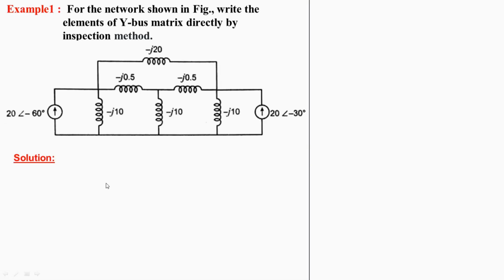Here, the first step is to mark the nodes. Node means, in our problem, the meeting points of 3 or more branches. Here, this one is a node. Here, 3 branches are meeting. This is another node. Here also, 4 branches are meeting. This is also another node. Here, it consists of 1, 2, 3 nodes. This node is taken as the reference node. Here, 1, 2, 3, 4, 5 branches are meeting at the bottom line, which is taken as the reference node. Here, this system consists of a 3-bus system.